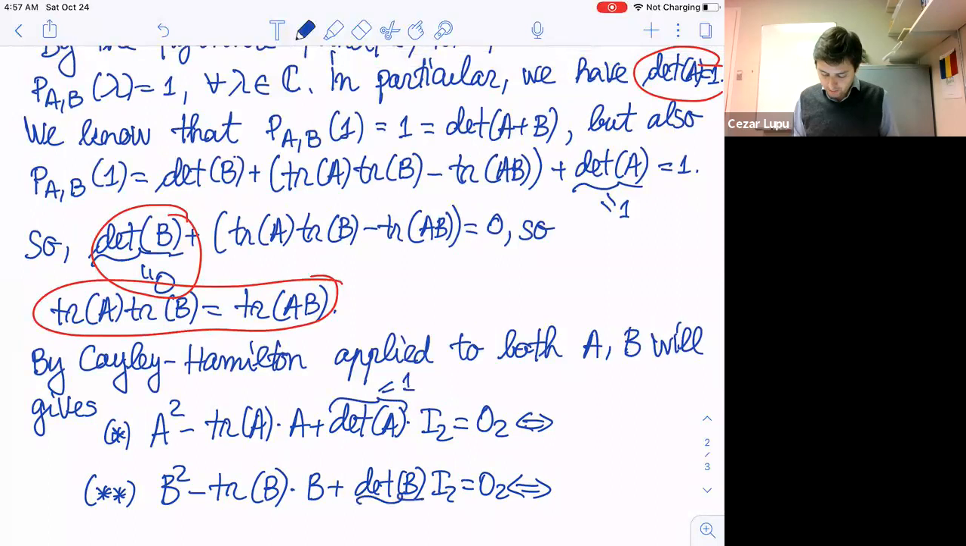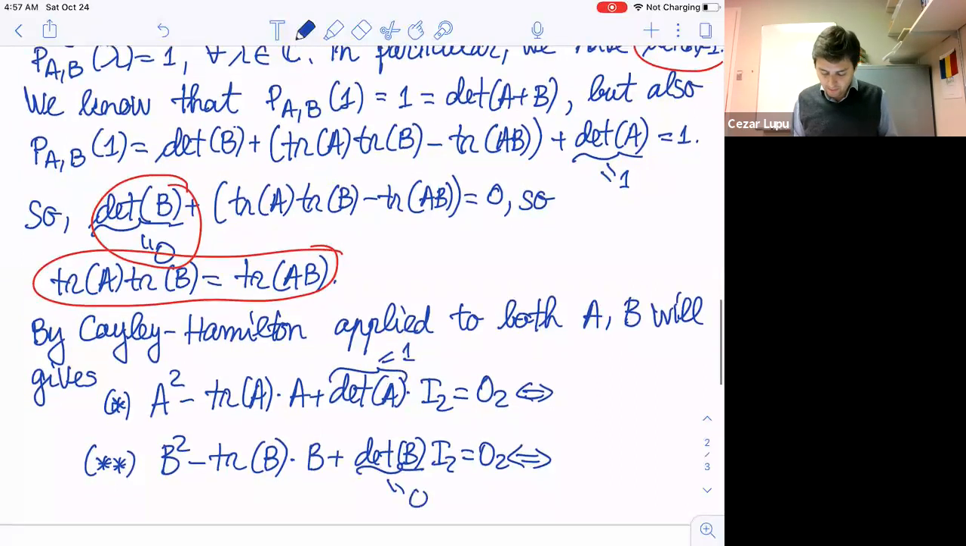And also keep in mind that the determinant of B is 0. So we can translate this. So far, keep in mind that we haven't used the fact that A and B commute, not yet. So we would like to do that. So let's rewrite this. So this guy is A squared,